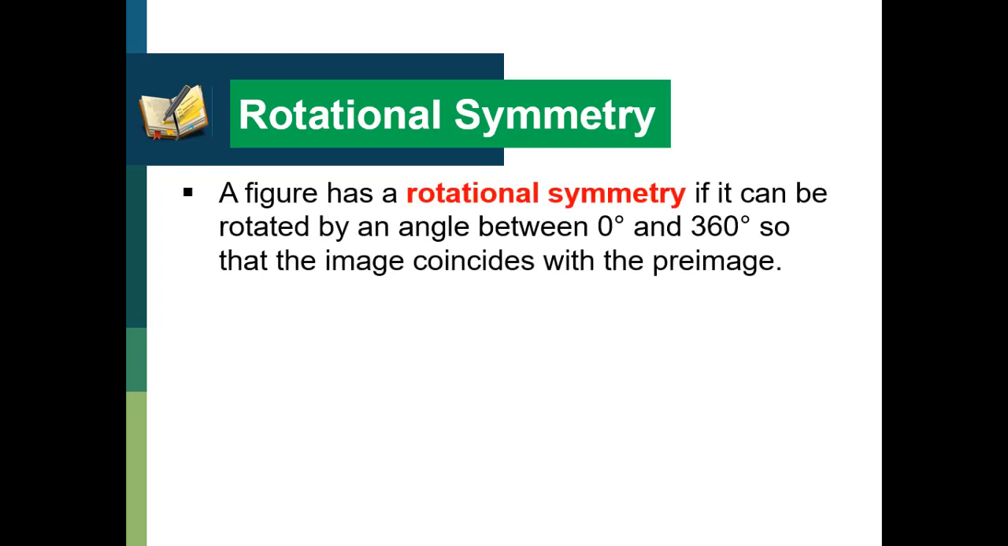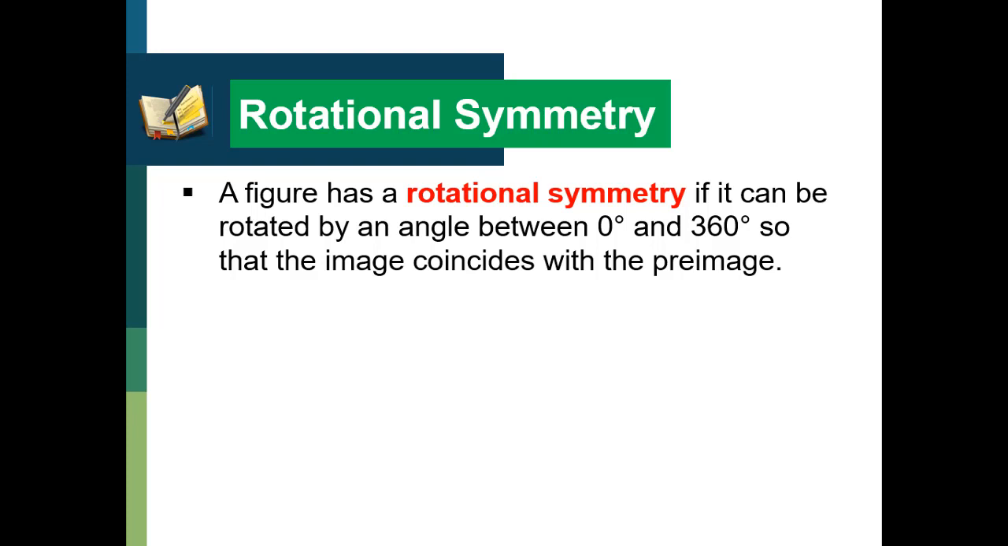Now, since we're talking about rotational symmetry, what is a rotational symmetry? A figure has a rotational symmetry if it can be rotated by an angle between 0 degree and 360 degree so that the image coincides with the pre-image. Of course, when you rotate an object 360 degrees, then that will coincide with the original image of the object. But when you rotate the object and it coincides with itself before it reaches 360 degrees, then that object has